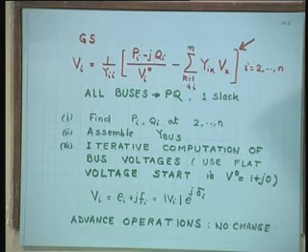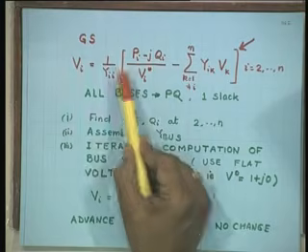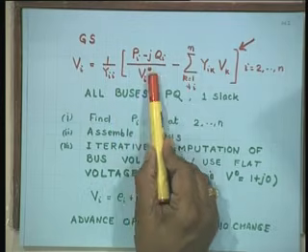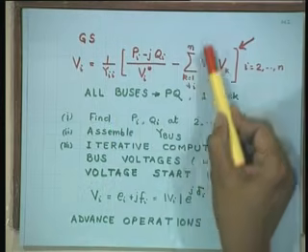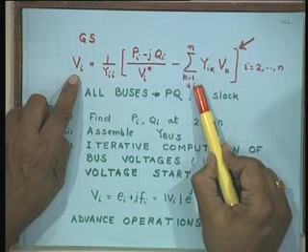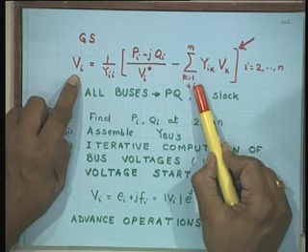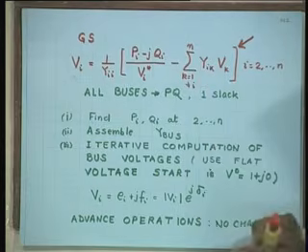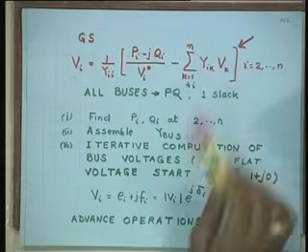because in our load flow variables there is no current, it is P, Q, V, delta. So, we must bring our load flow equation in these 4 quantities. Now, Vi can be found out by 1 over Yii, (Pi minus jQi) over Vi star minus the sum over k equal to 1 to n, k not equal to i, because the ki term has gone this way. You already shifted it to the left hand side. So, k is not equal to i, Yik Vk, i is equal to 2 to n, assuming all are PQ